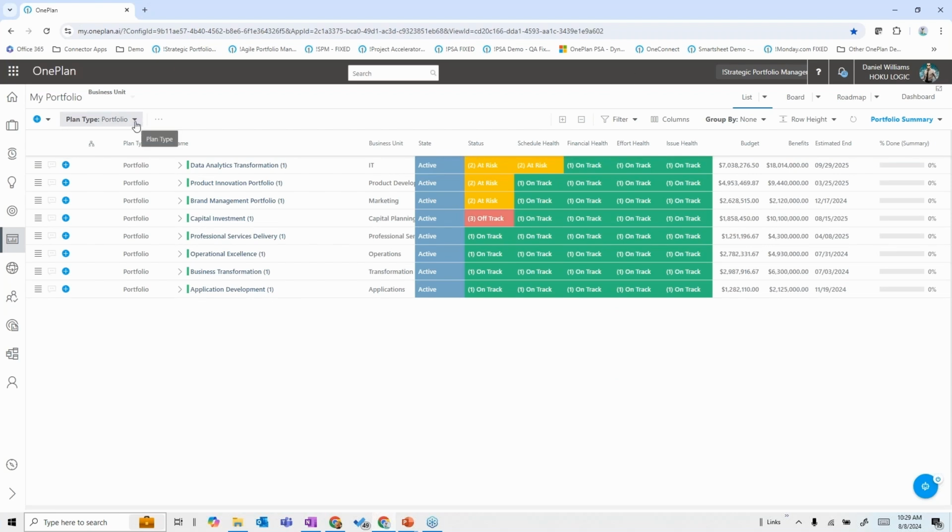But we use what's called a plan type and a plan type hierarchy. In this case, I've got a plan type hierarchy where I have one or more portfolios. Here I've got eight portfolios. And then within those, we've got programs. And then within the programs, there's projects and epics, which really denotes a waterfall project versus a more